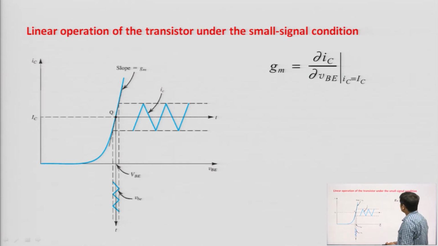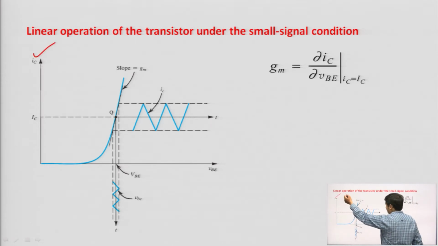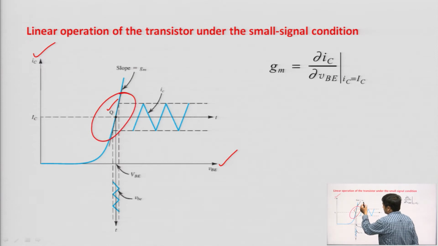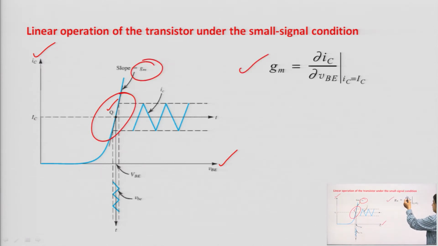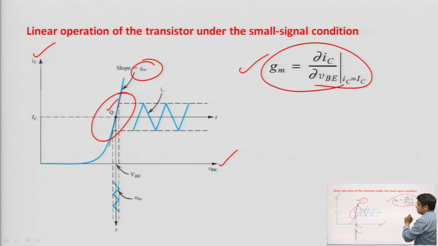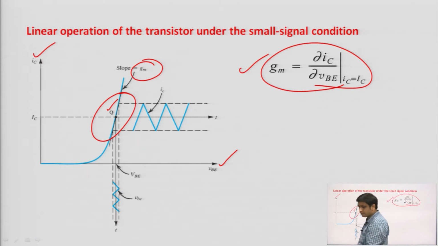We can also calculate the gm with the help of graphical analysis. When we draw the graph between collector current versus base to emitter voltage, and set the Q point in the middle, then the slope of this graph is called gm. We define gm as the rate of change of collector current with respect to the rate of change of base to emitter voltage. This is the graphical determination. You can design the circuit on the breadboard, draw this graph on the graph paper, and then calculate the slope. If we want to calculate it with the help of a formula, then it is straightforward: collector current IC upon Vt.